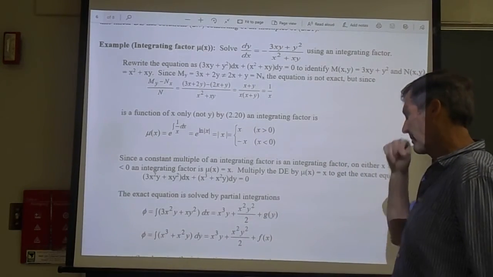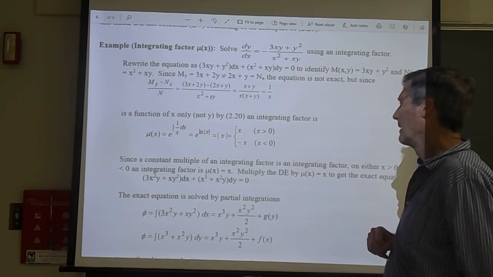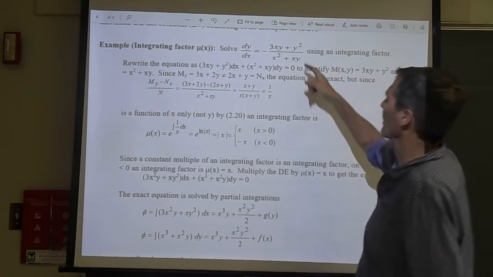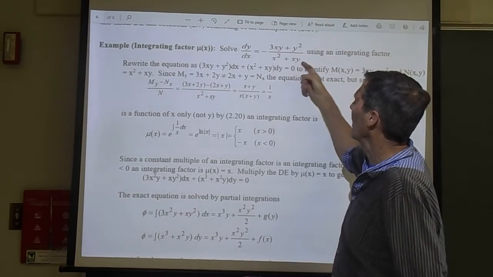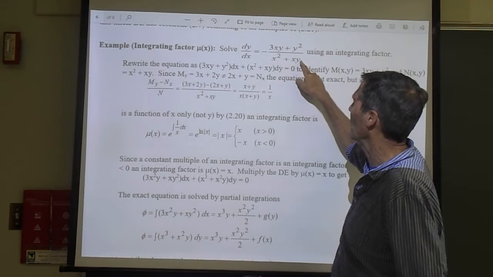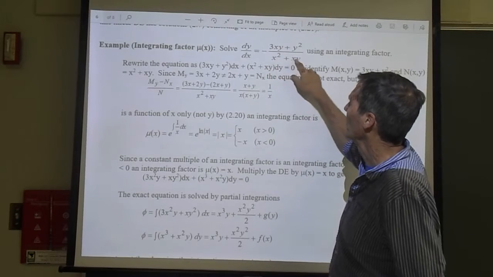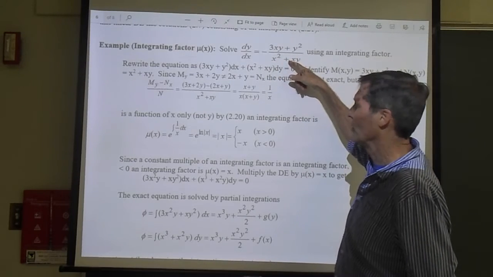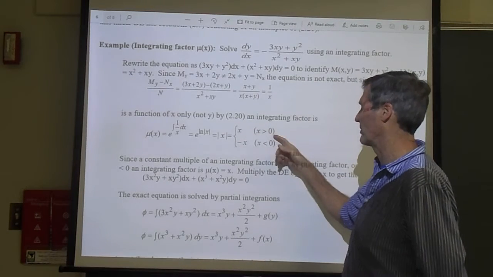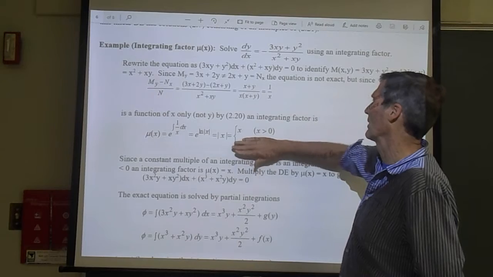So we'd like to use that. However, that's not necessary because we look at the original problem. dy/dx is equal to, the bottom is x times (x plus y). When x equals 0, the quotient isn't defined. So you're really only interested in solving this either on the interval x greater than 0 or on the interval x less than 0. So we can just say, suppose I solve it on x greater than 0, I can